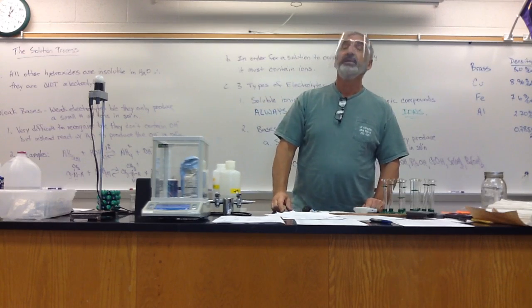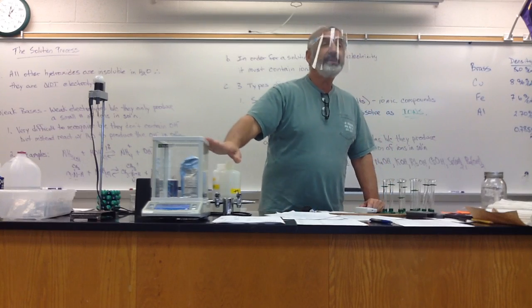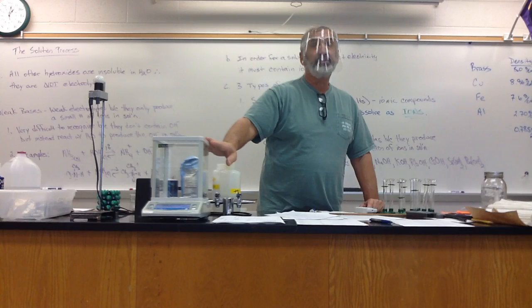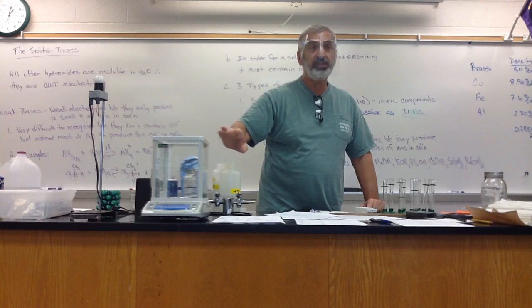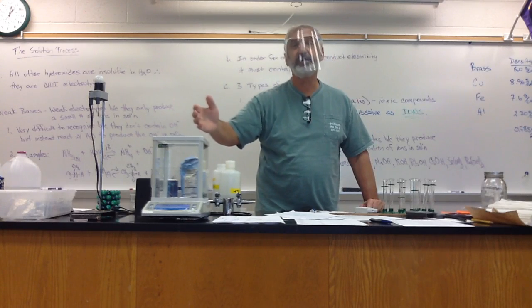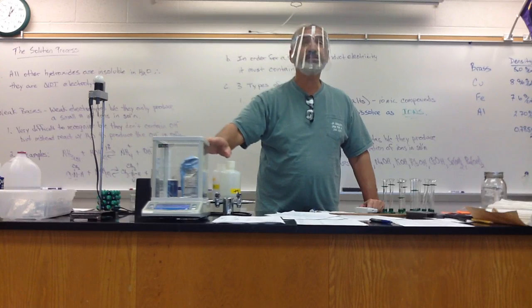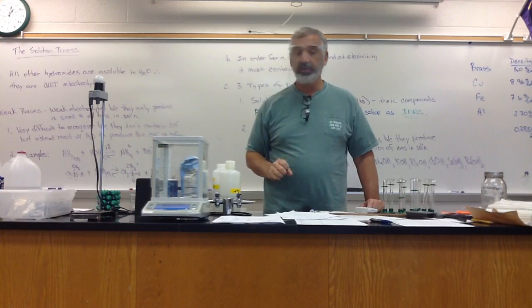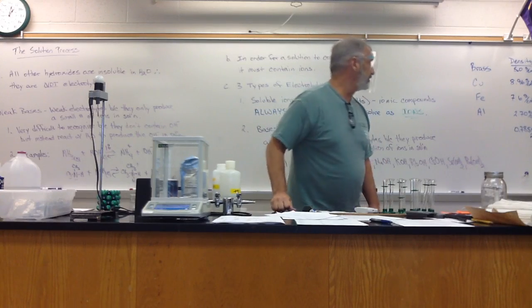So, when you measure mass on the digital balance, you just record whatever it says. You don't have to do any guesstimation. You don't have to guess between 1 and 10 what it's going to be. You don't add an extra 0 or any of that. Whatever the display says, but we know that the last digit is uncertain. But when we measure with the ruler,